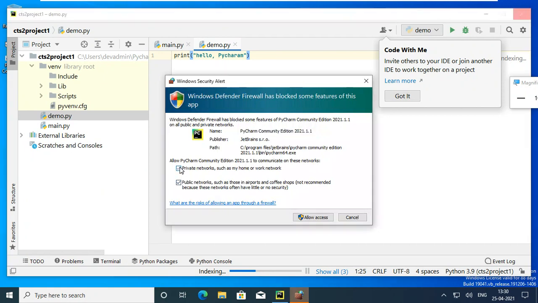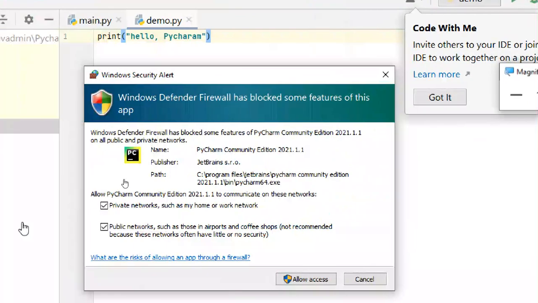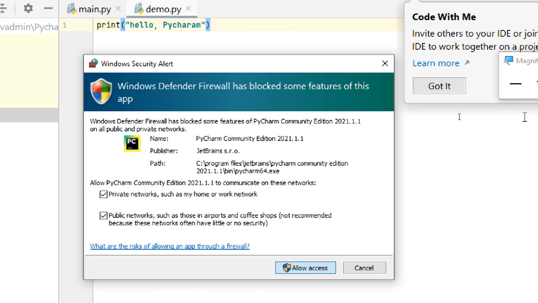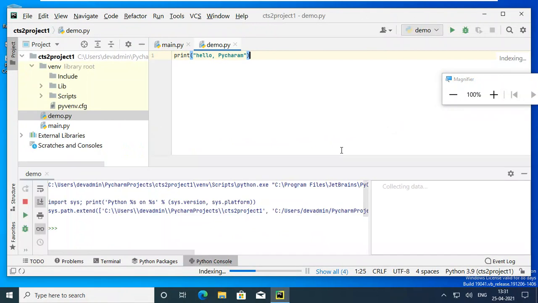Okay, security alert. This is Java, right? The application is blocking the application also. So select allow, because we know this application. It is genuine.